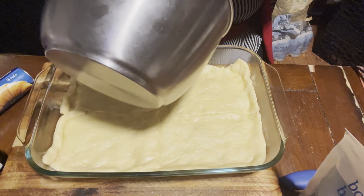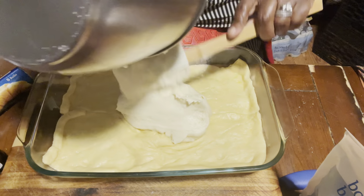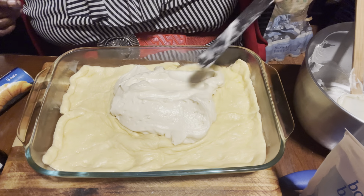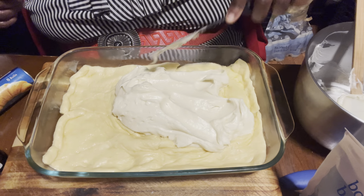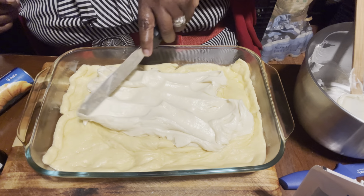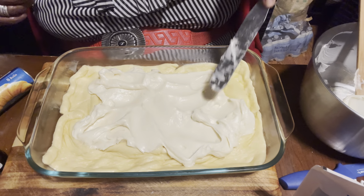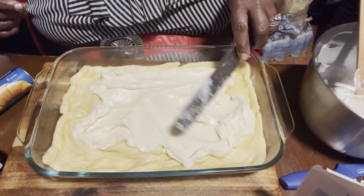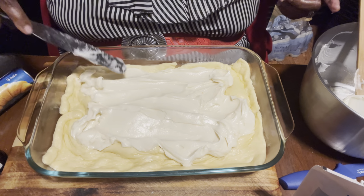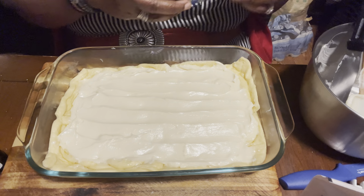And now I'm gonna add our cream cheese mixture right on top. We're gonna start to spread that right over top. So you can imagine if this was not soft enough, this would not blend very well, or you wouldn't be able to spread it or anything. So you wanna spread this nice and even right over top, and then we'll go on to the next step. So I have that all spread evenly in our pan,